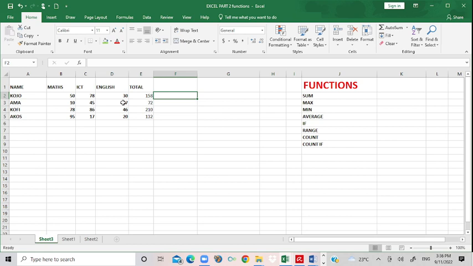And please, if you are a teacher and you are computing the CA, continuous assessment, of your students, all that you need to do is to enter their names, you enter the subjects that they offer, then you enter the scores that the students had. If you want to add their scores, we use a sum. If you want even the highest among the courses, for instance, for mathematics, if I want the highest score, I need to bring it here. So that's where the answer should be because all of column B is for maths. So this is where the answer will be. If I want the score for ICT